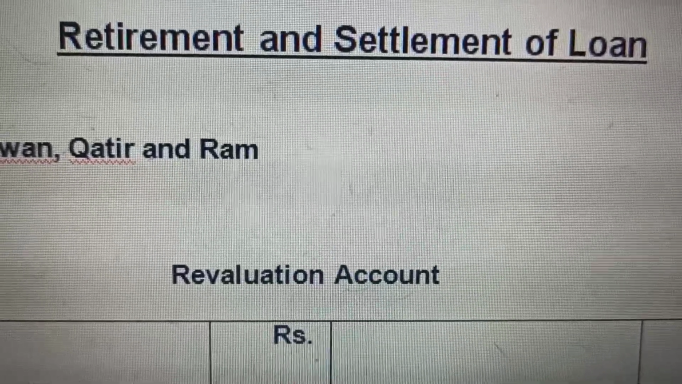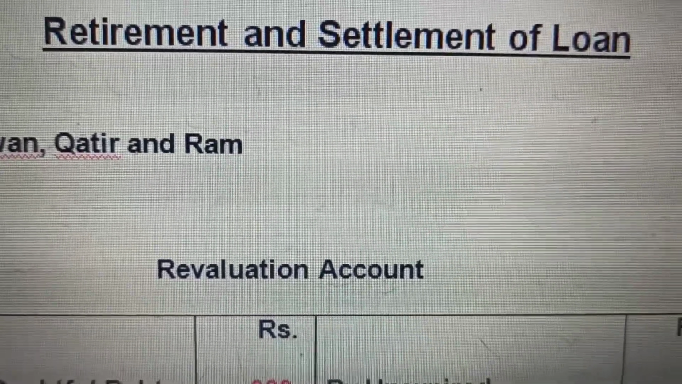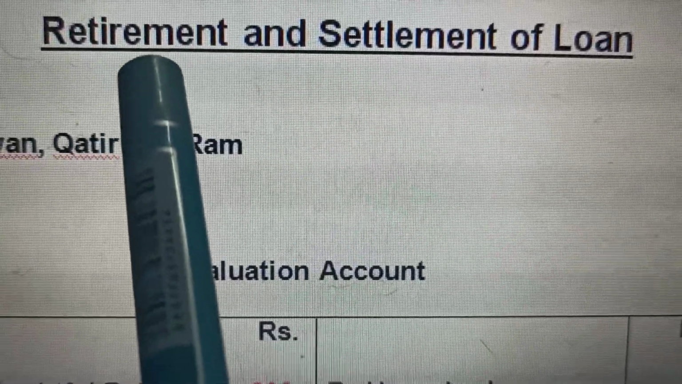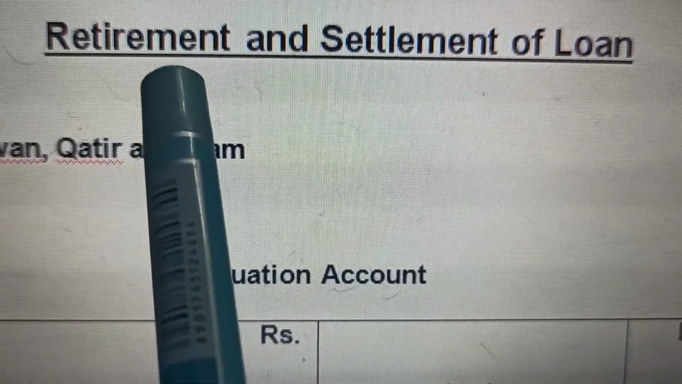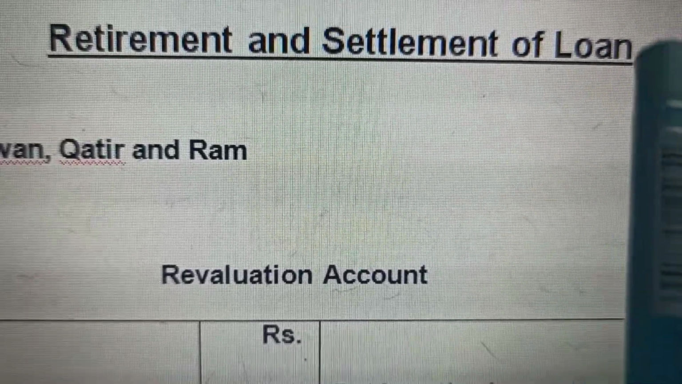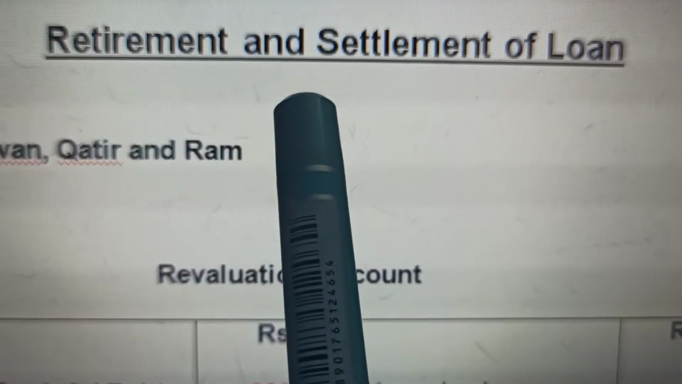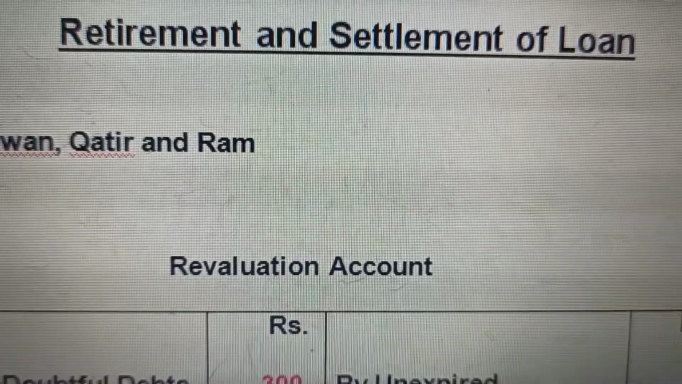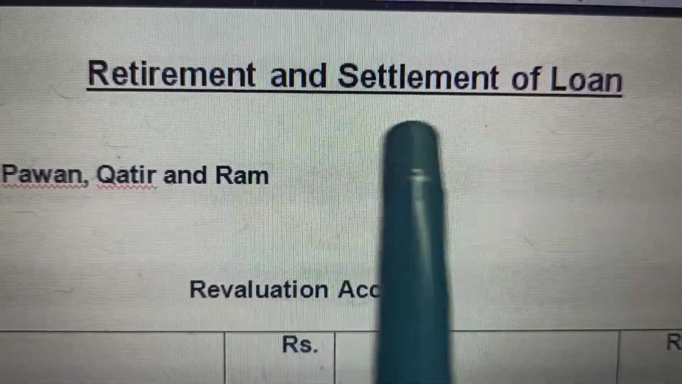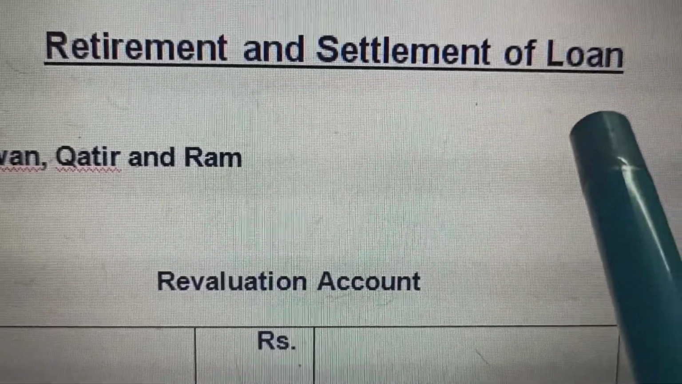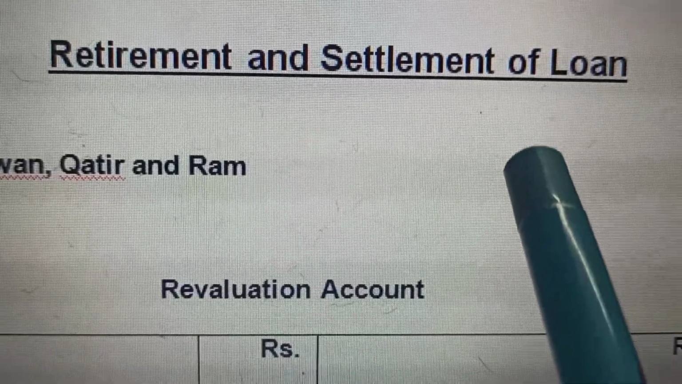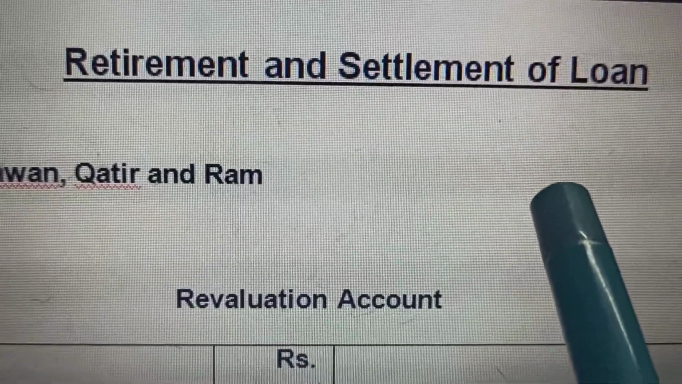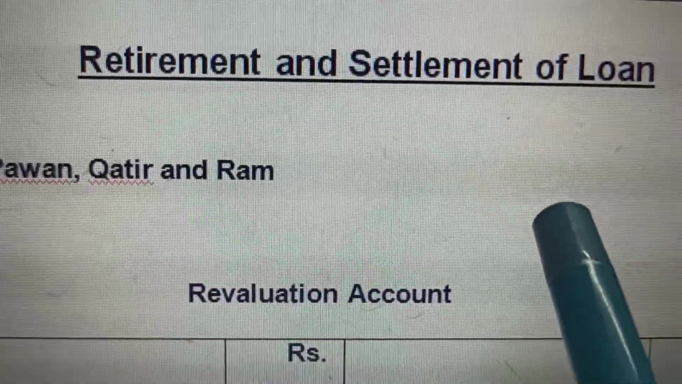Okay, girls, continuing now. After the capital accounts and the goodwill, next we come to retirement and settlement of loan. We have learnt the calculation of capital, we have learnt the adjustment of capital. Next thing we come to is settlement of loan. Now, girls, settlement of loan means that at the time of retirement of a partner, he is claimant of a big